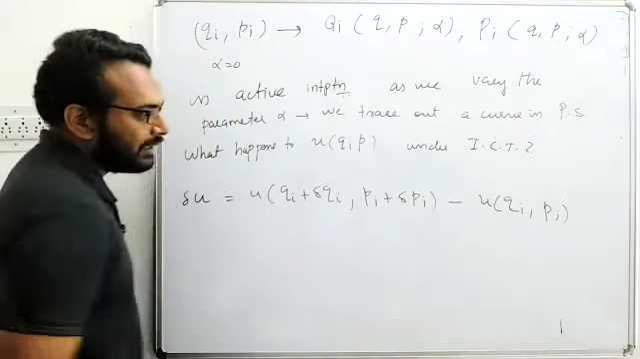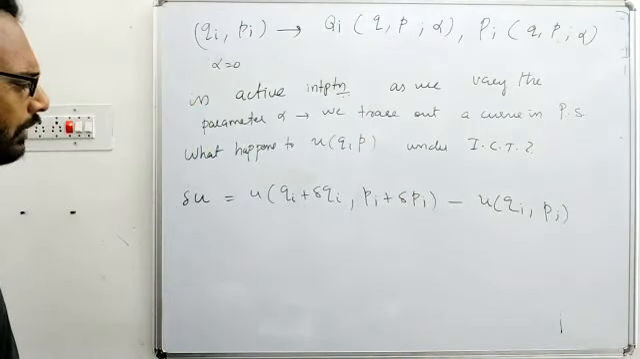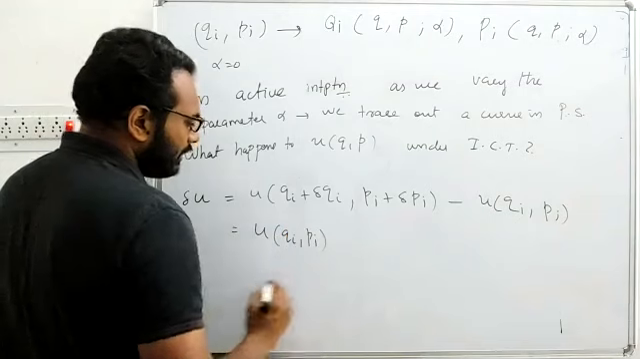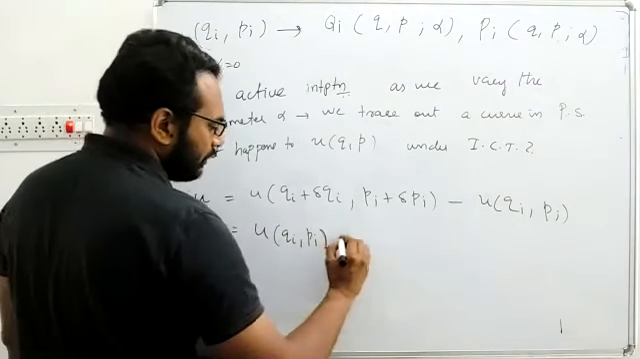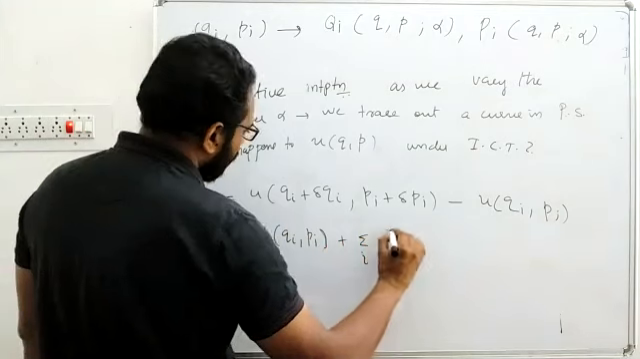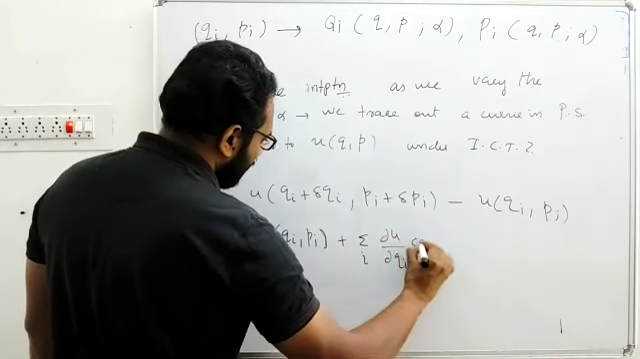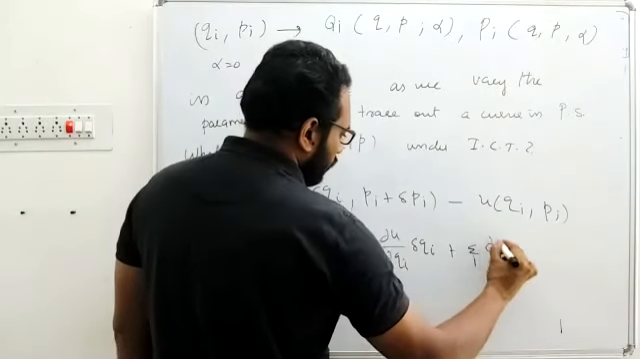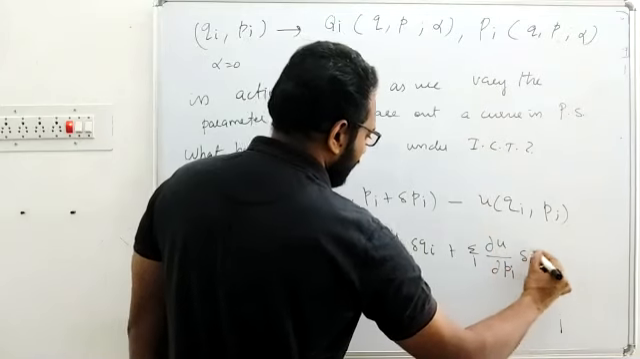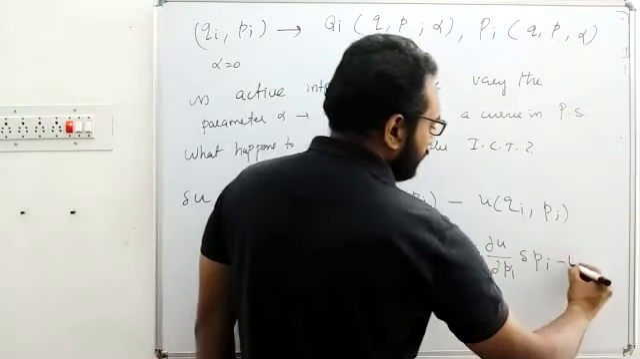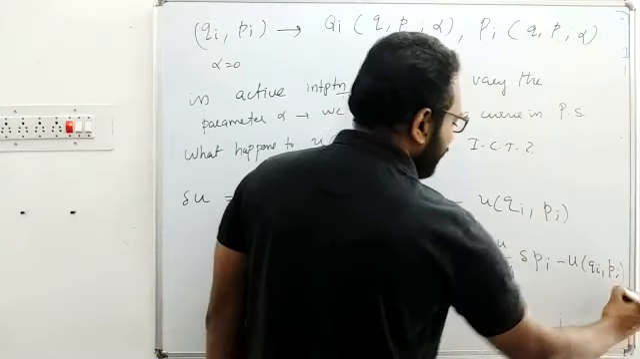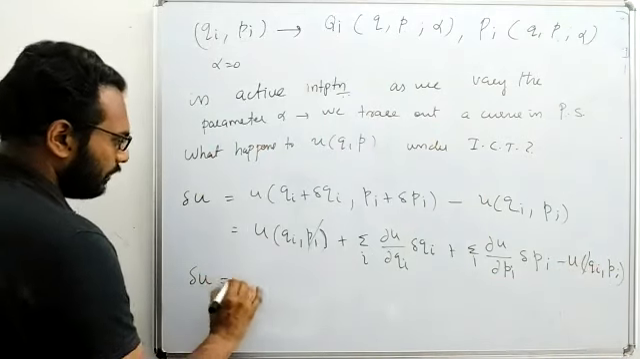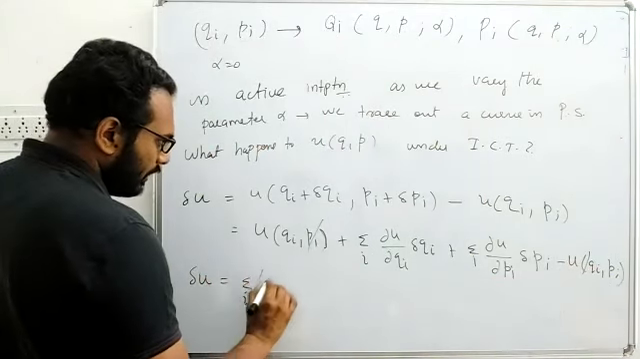Now we said that these are infinitesimals. So you can make a Taylor expansion. You know how to make it. This is equal to u of qi comma pi plus summation over i dou u by dou qi delta qi corresponding to this transformation plus summation over i dou u by dou pi delta pi, minus u of qi comma pi. So this goes away, and what you have is delta u is equal to summation over i dou u